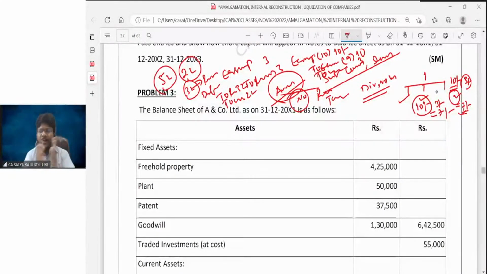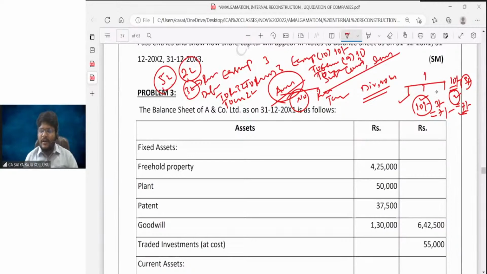After completion of the entire internal reconstruction process, what we generally do is find out the balance under the reconstruction account. It is used to nullify the P&L account balance, whether such a fact is mentioned in the problem or not. After nullifying the P&L, you should check whether any unrepresented intangible assets and other assets exist. As per the information given in the problem, we should set off such values as well. If we still have any balance under reconstruction, we should transfer that balance to capital reserve.